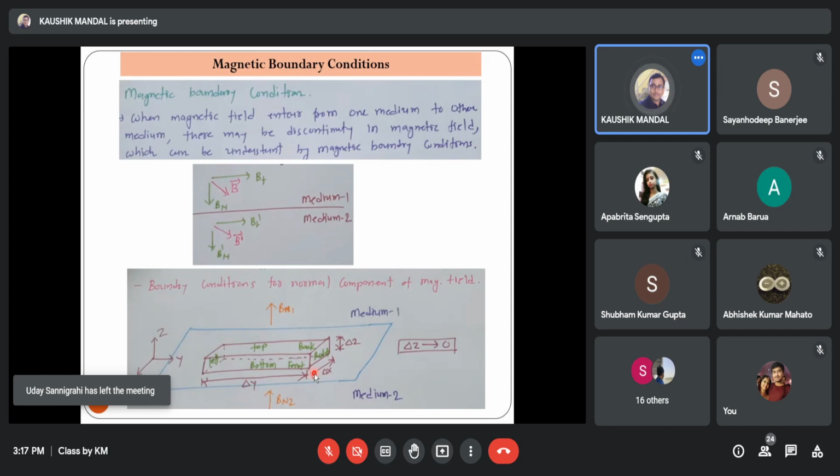This differential volume has sides of del y, del x, and del z. As we are considering it as an elementary volume with a very small thickness, we can consider that this del z tends to 0. So before that, with this particular